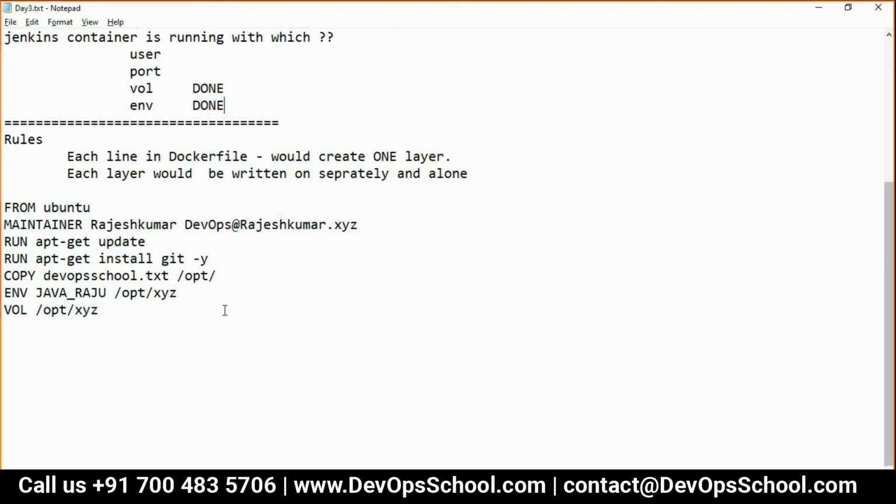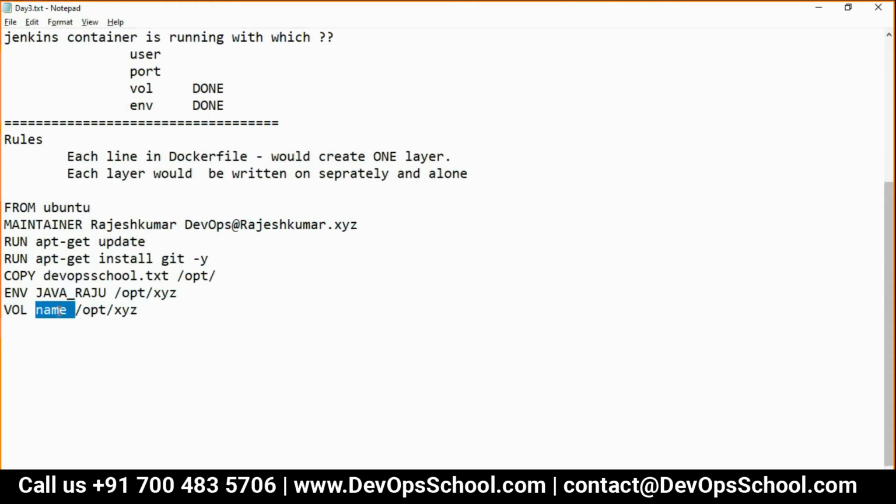The volume which we are mentioning, if it is not available, what will it do, Rajesh? Where is the volume? I have not specified it. This will create a volume always. If you want to load an existing volume that is shared across containers, I believe you have to write the name of the volume like this.